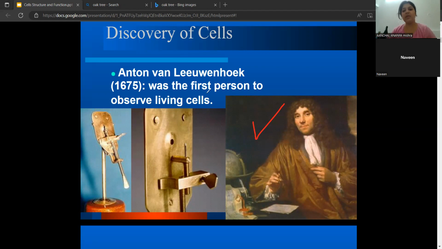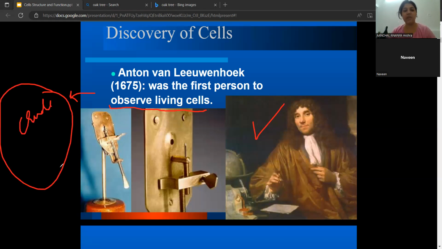So this person was the first person to observe the living cell for the first time. Now the microscope which these people used was a crude microscope. What is meant by crude microscope? That was not very developed. We were not able to see the inside details or the structural details of the cell under these crude microscopes. So later, when we had more evolution in the microscopes, we had compound microscopes, and